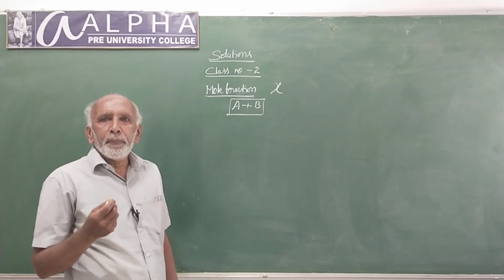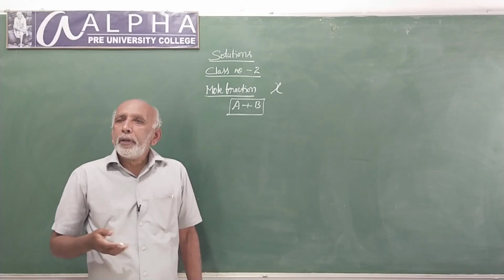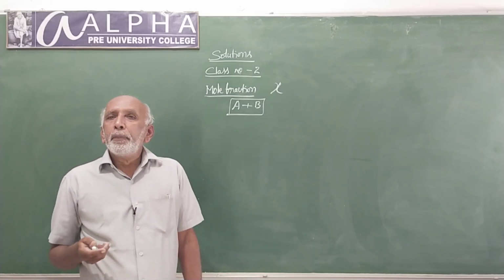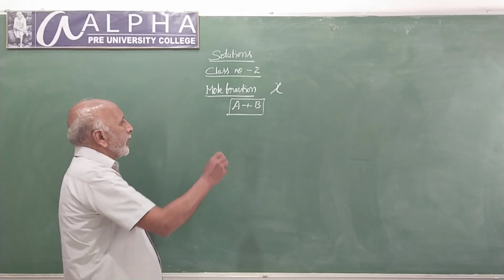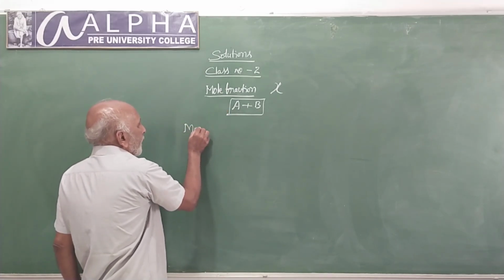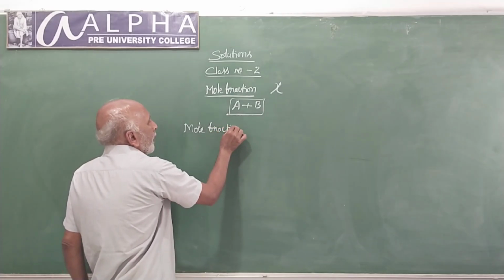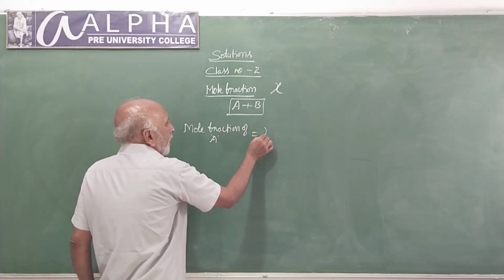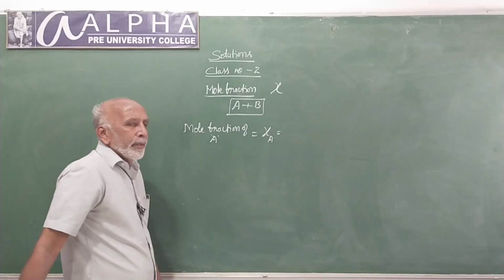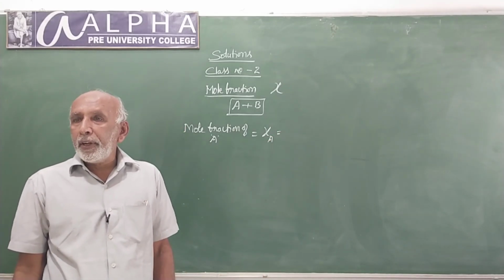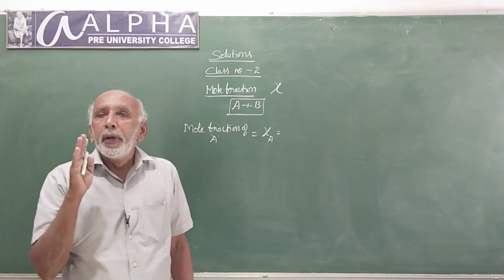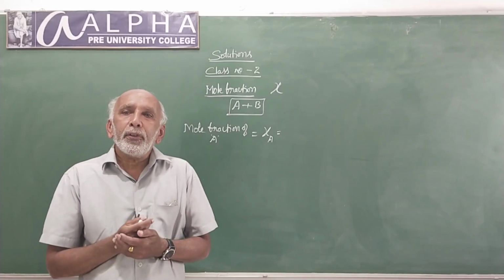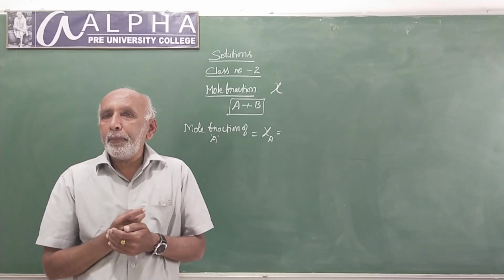Mole fraction states the fraction of one component present in the given solution out of total composition. The mole fraction of the constituent of solution A is denoted by chi A. Mole fraction of a constituent in a solution or a system is the ratio of number of moles of that constituent to the total number of moles of all the constituents present in the system or solution.